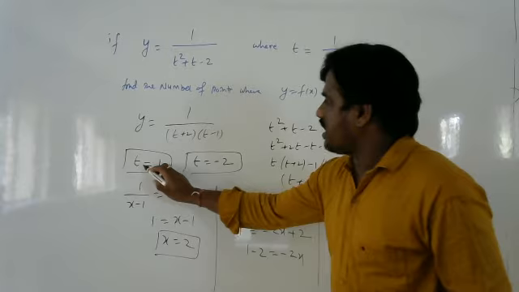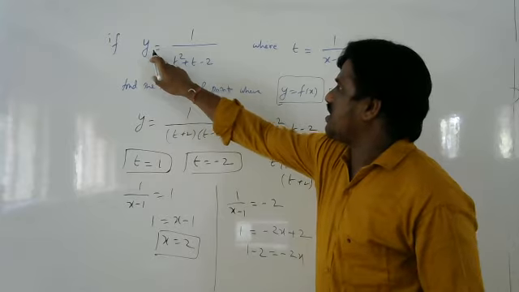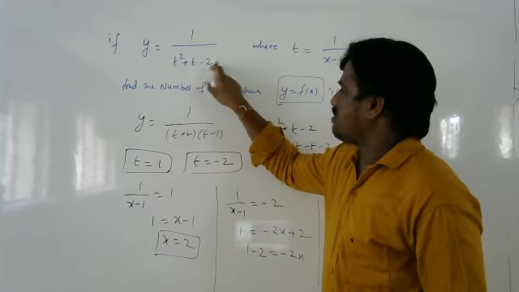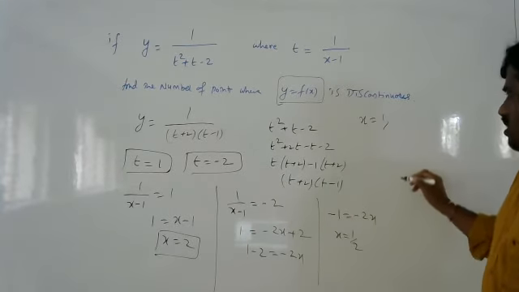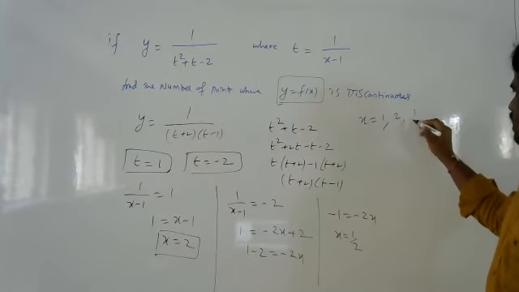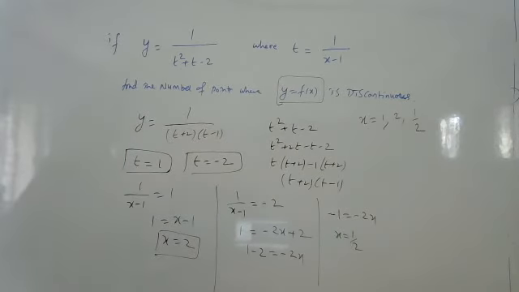At t is equal to 1, y is equal to f of x is there, no? So if I take f of x here, this will also be there, x square plus x minus 2. So the discontinuity places are x is equal to 1, x is equal to 2, x is equal to half, where the function y is equal to f of x is discontinuous. 1, 2, half. You are not getting minus 2 anywhere. So at these points it is discontinuous.